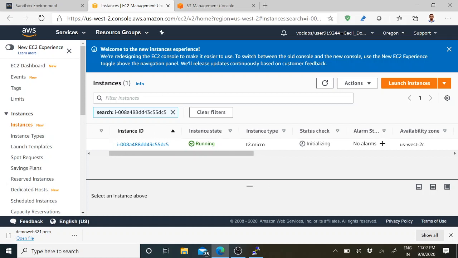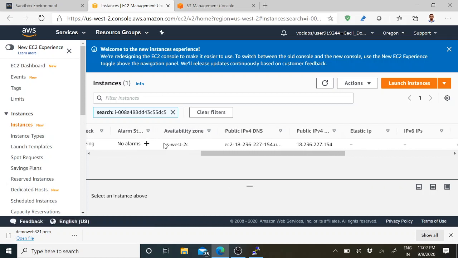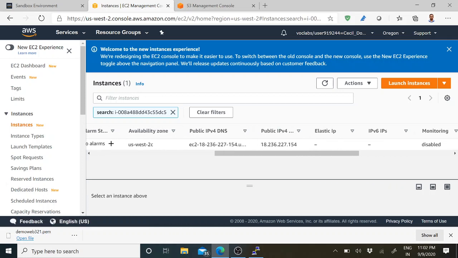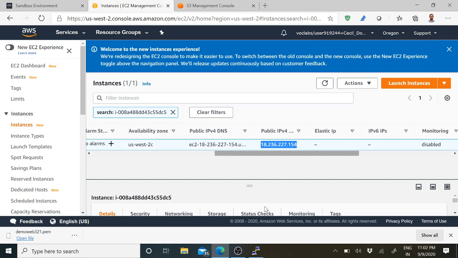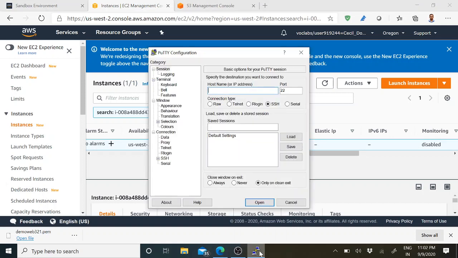So this is your EC2 instance. You have to locate your IPv4 public address. This is my IP address. I'll copy it and go back to PuTTY. There you have to type ec2-user@ and paste your IP address as the host name.